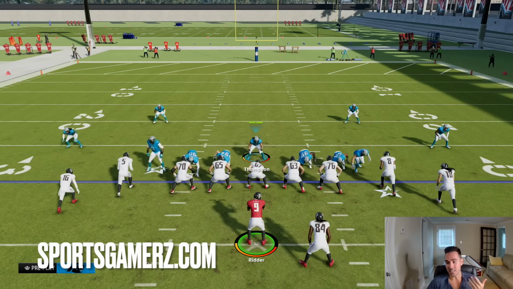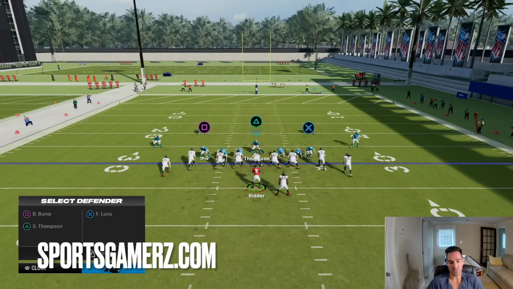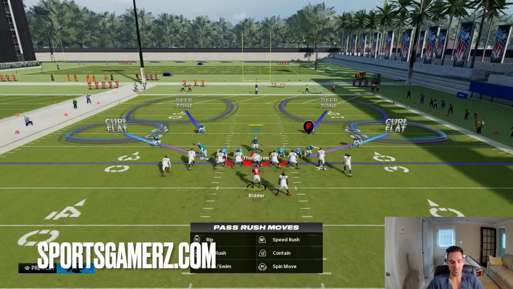Now, taking this a step further, you don't always want to blitz, because if you blitz every play, you're going to get fried. So sometimes you want to make this a coverage. And when I do that, I just like to rush 4, I like to rush my D-line, so I'll double Mabel. I'll then make this cover 2, but then I'll put the edge rushers on curl